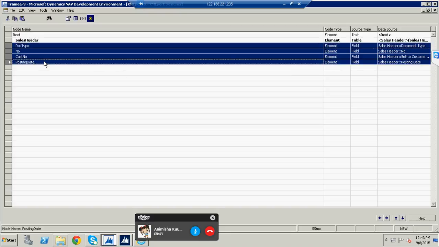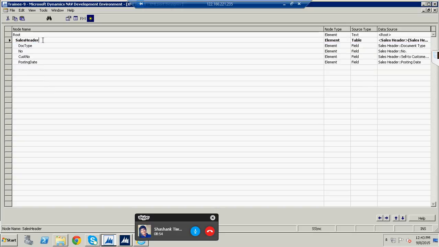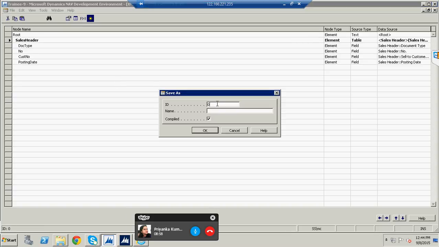As I said, all the fields should be indented to the table element. So here I'll select all the fields and then indent this to the table element. Now let me save this with 50005,